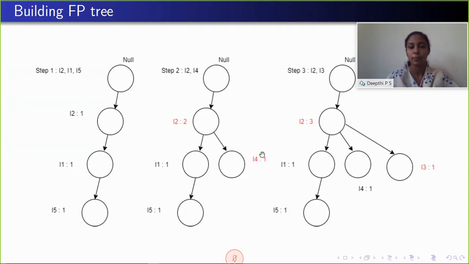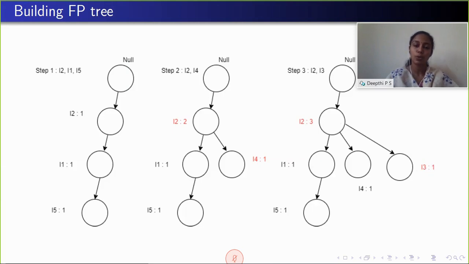In the third step, the items are I2 and I3. So start from the root node. We already have I2, so increment the count as 3. And the next node is I3. We don't have I3 as child of I2. So create a new node and make its support count as 1.